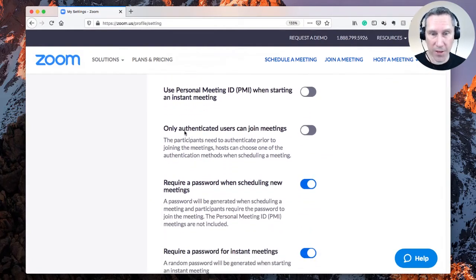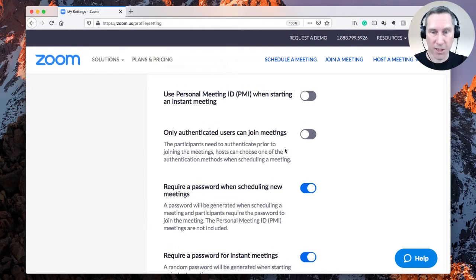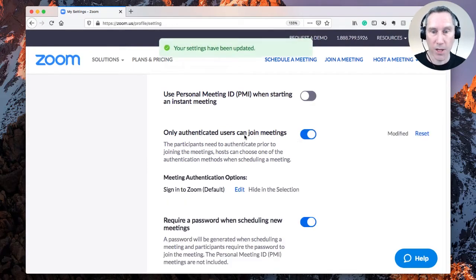All right. Only authenticated users can join meetings. What is that? That means when you click the Zoom link, in order to enter the meeting, even if there's no other security enabled, passwords, whatnot, registration, you have to be signed into Zoom in order to enter the meeting. That's a good security protocol. Some of your users, if they haven't signed into the Zoom client app on their computer, it's going to prompt them to sign in. And some people, if they haven't set up the free account, are going to have to do that. So there's a little education you're going to have to do, but you want to enable only authenticated users can join meetings,